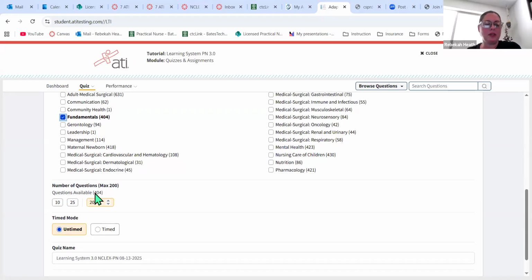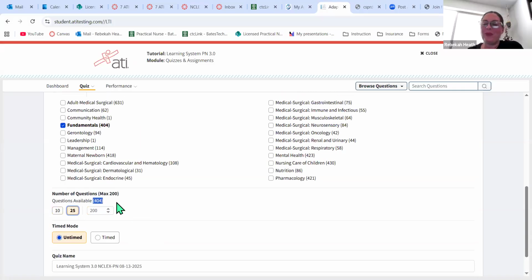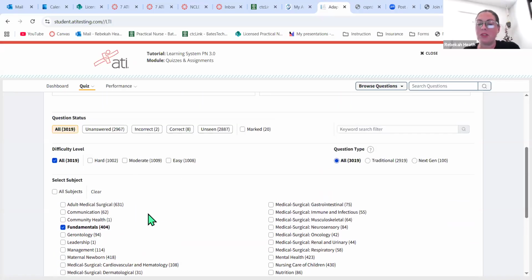Then you can go down here and see how many questions are available, 404, and you can choose, do I want a 10 question quiz? Do I want a 25 question quiz? But one thing to think about is that it gives you a quiz on all of foundations or fundamentals info. You can actually customize this to get the specific topics you want up here in this keyword search filter. So let's say elimination. That's a topic we've been talking about. So I'm going to type it into our search,